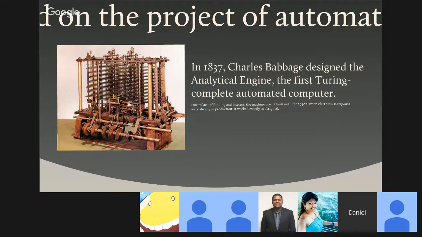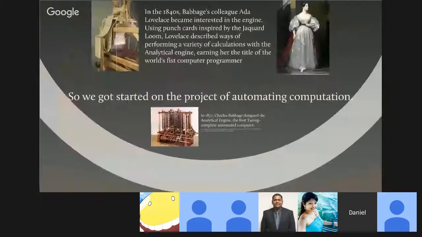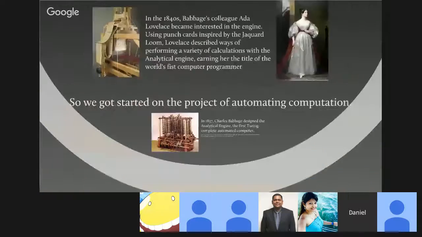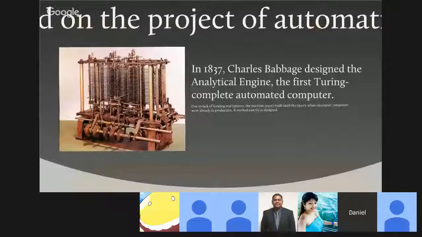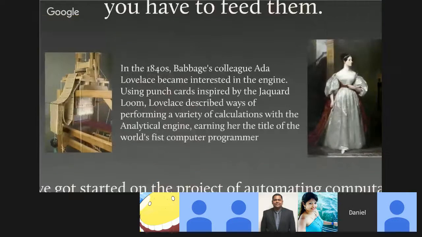Babbage wanted money to build this thing, and he never got funding. The politicians didn't see why they should spend a bunch of money on this untested, unproven, very expensive and delicate machine when they could hire someone for a lot cheaper to do the same job. So Babbage's machine never got built. We had to wait another 100 years to build the machine.